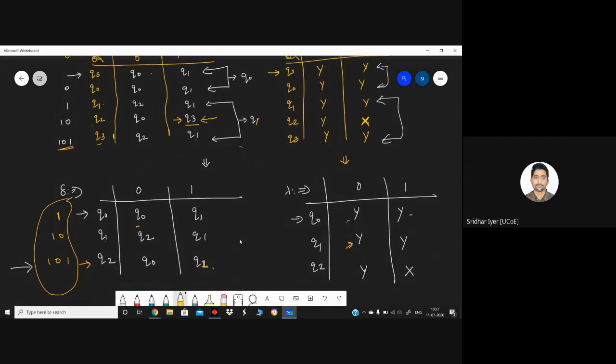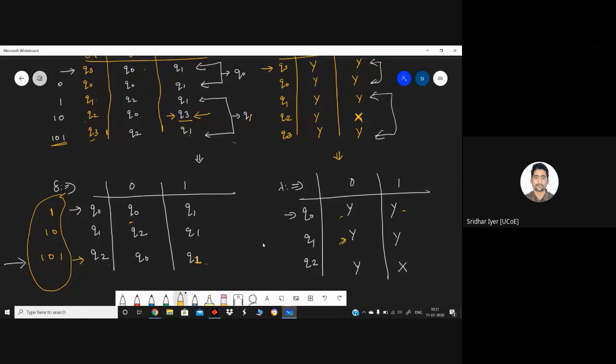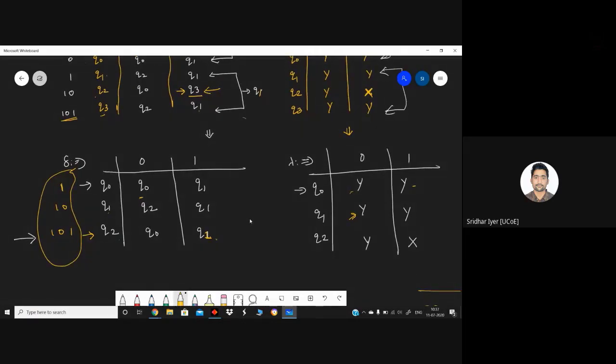Tanvi is having a question, sir. After merging table, if we take input one in Q0, it should be Q2. Why? If we take input one in Q0, okay, you are going by the previous logic. So don't stick with the previous logic. We have already provided the logic in the very first table. So according to you, the logic is something like this. Don't stick with this because what you are doing is, I got the point what you're trying to do.